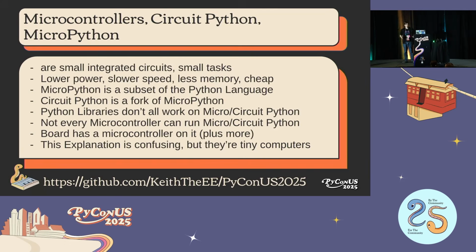Okay, I've moved very quickly through a lot of concepts. There's microcontrollers, and then running on them is MicroPython or CircuitPython. Microcontrollers are small embedded circuits that do small tasks. They're usually lower cost, lower power, lower speed, and they often have lower memory than you would with a full computer. MicroPython is an implementation of a subset of the Python language that is targeted at running on